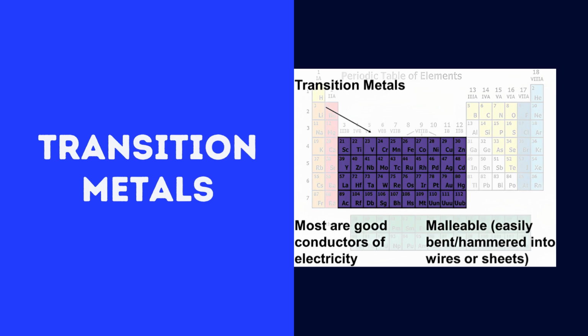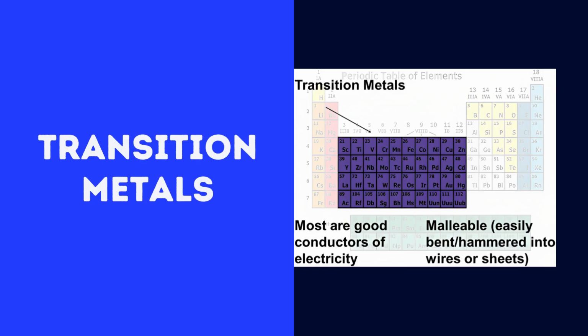Transition metals are known for their ability to form complex ions and compounds and for their varied oxidation states. They are also known for their high melting and boiling points, malleability, as well as their ability to conduct heat and electricity. Transition metals play important roles in many biological processes as well as in industrial applications, such as catalysts,